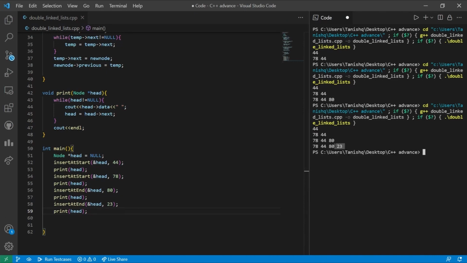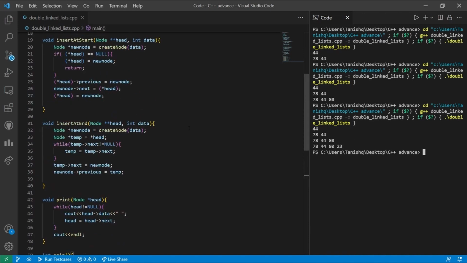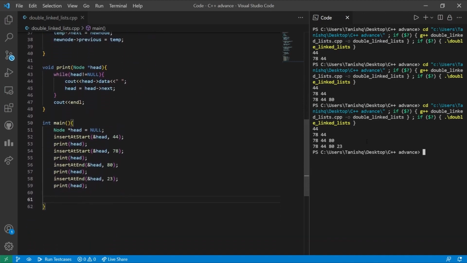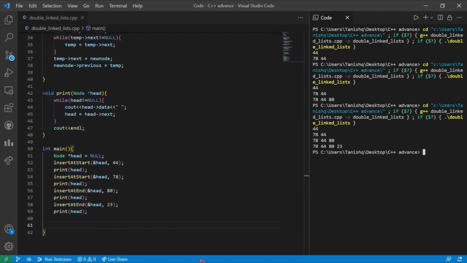Again, the output that we are getting is satisfactory. The new node, that is 23, is again inserted at the end. So the functions for inserting a node at the head and inserting a node at the tail are proper. The next part that we are going to cover is inserting a particular node at the nth position of the given linked list, in which the logic that we use has to be very proper, in order to ensure that the node is properly inserted even if the given linked list is empty.